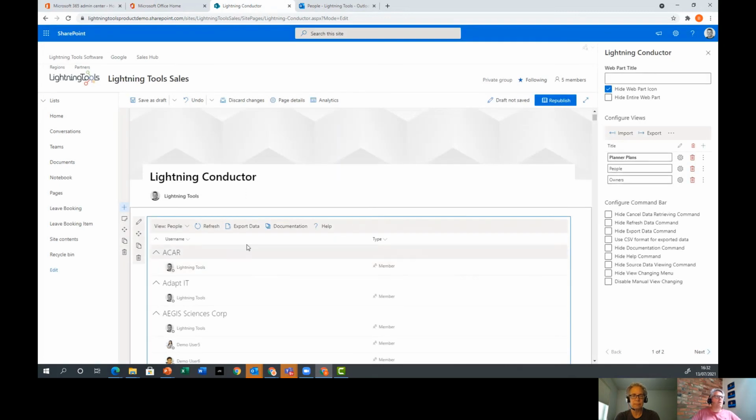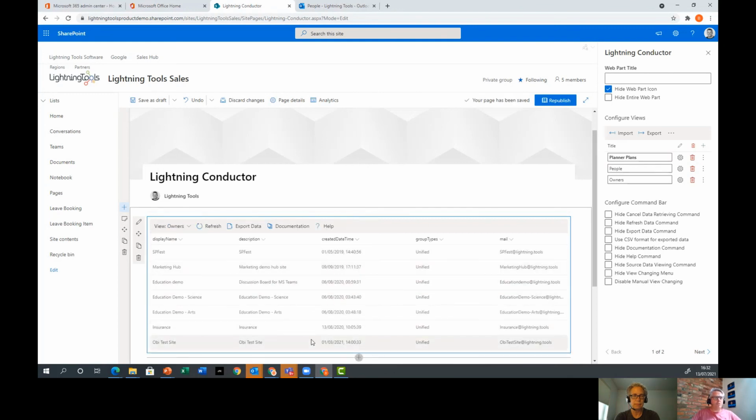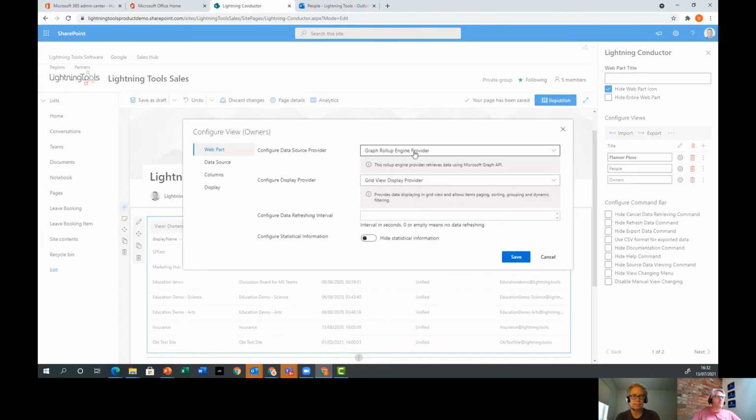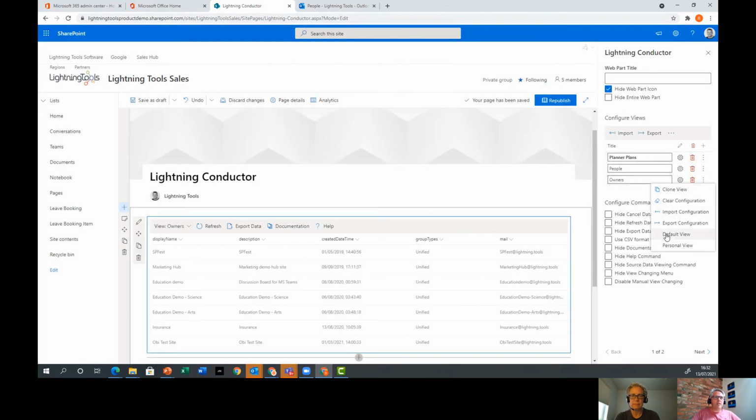So as I save that one, that's actually just a list of groups. Okay, so these are all unified groups, but you can also jump into the advanced mode and change that too. So if we clear that,